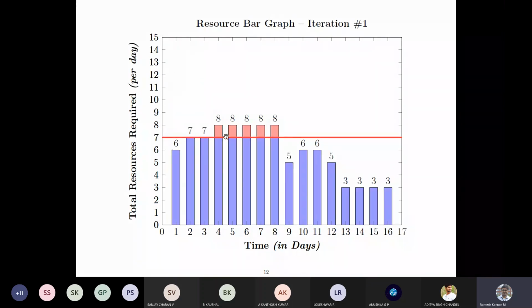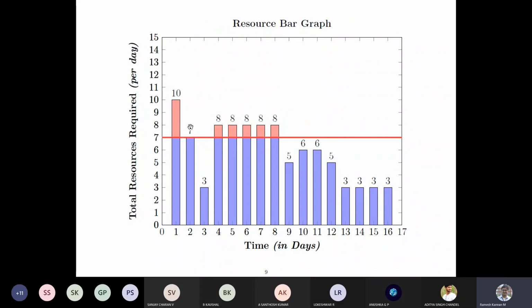Say this is a typical profile. You remember this 10 got over allocated, we have moved to this portion. 4 from this gets moved to this, and 4 from this gets moved to this. Then this will become 7, and 3 plus 4 is 7, and 10 minus 4 is 6. So that's how you got this particular 6, 7, 7. Right. So we have made this within the par or within the allowable limits, but it still has the 4th day, 5th day, 6th day, 7th day, and 8th day over allocated.